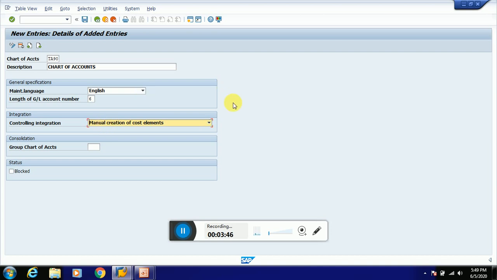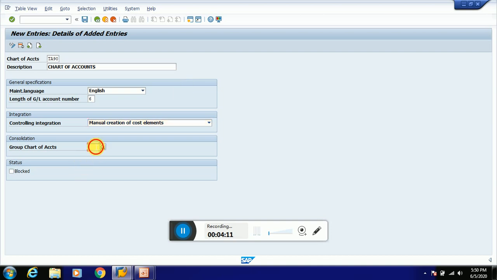Controlling is integrated with finance with the help of chart of accounts. There are two options given here: manual creation of cost element and automatic creation of cost element. Here we'll select manual creation of cost element, and whatever options I am selecting here, we'll discuss as part of theory in the next videos.